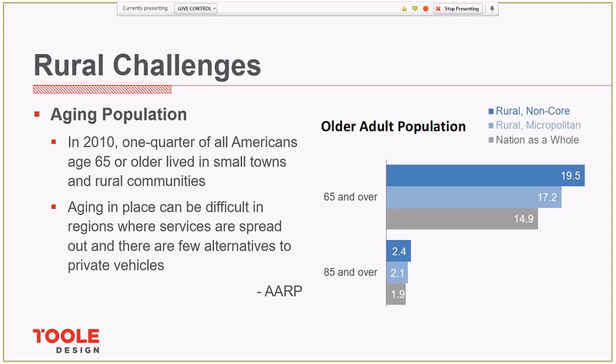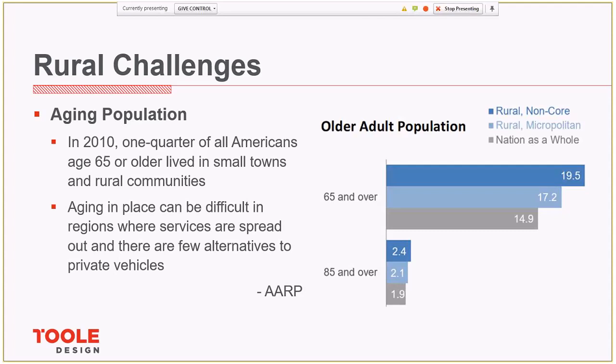Since everyone is pretty well versed in some of the challenges that you're dealing with, I won't spend too much time talking through these, but I do want to highlight maybe some key themes that you will recognize. One of the challenges in rural communities is the aging population. Elderly people have the same concerns about healthcare access as other rural residents. They may also face additional challenges related to transportation to medical appointments, grocery shopping, and other essential activities.